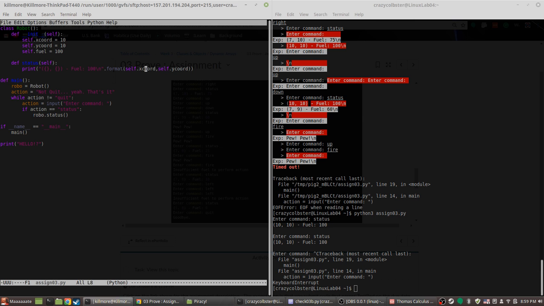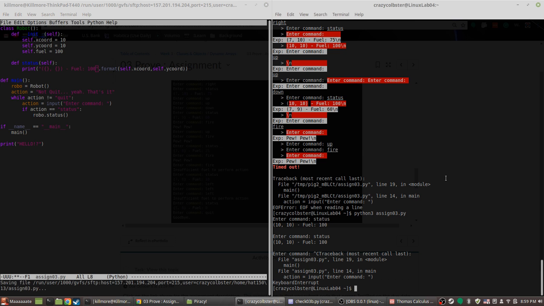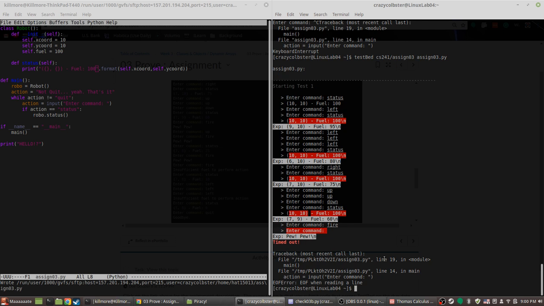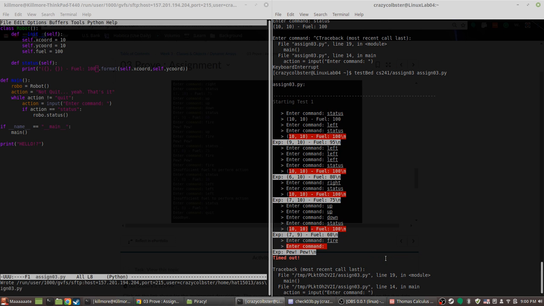Oh, I think I see my problem. I just don't need a new line there. Worth it. See? Ah, look at that. In fact, my thing actually works shockingly well. Like, there's surprisingly little red and white on here for how unfinished my program is.